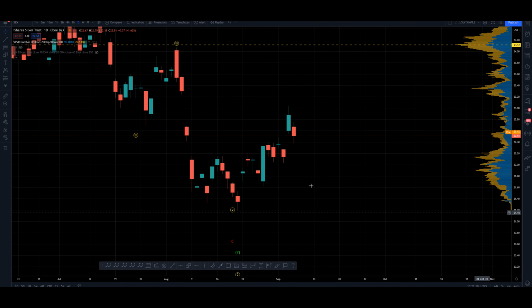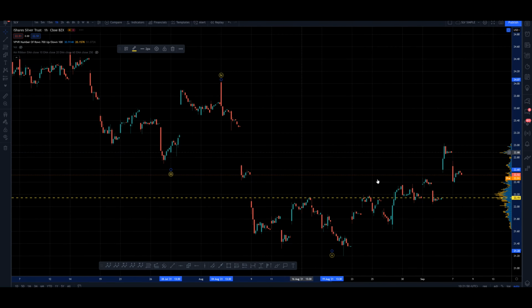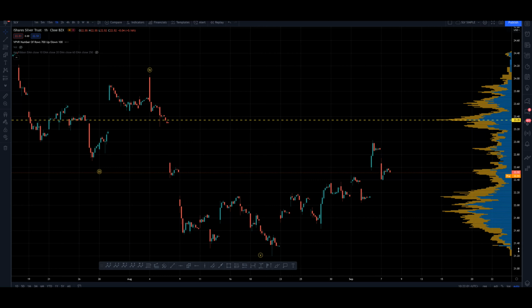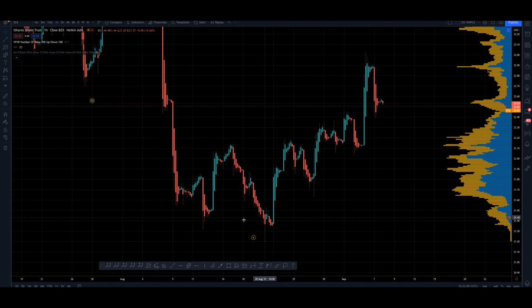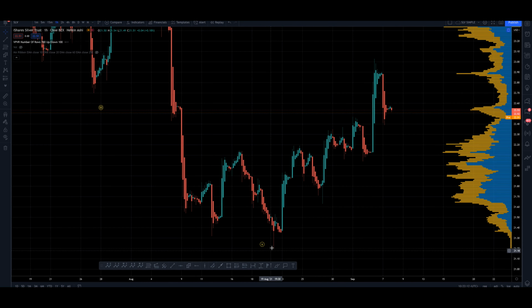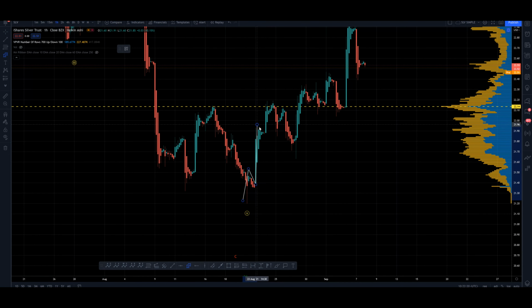But we appear to have, at the moment, this could be impulsive. Let's come down to the hour chart for a minute and see if we can make out anything. Okay, so here's our low. Now this looks like 5 waves into 3. So you've got 1, 2, 3, 4, 5, A, B, C. And then this looks like 1, 2 as well. But this looks expansive rather than a zigzag.